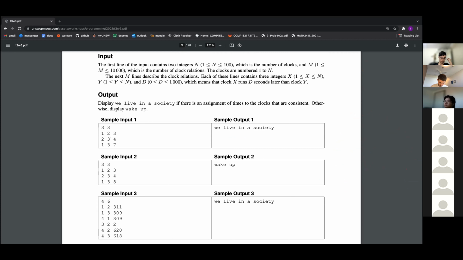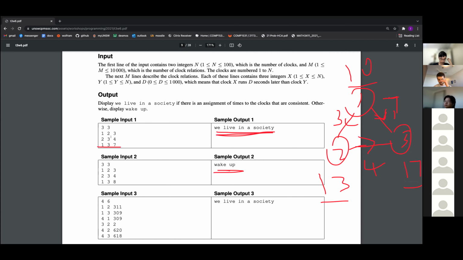So this is a very similar case, just one I changed to 8. And you can see that it's impossible because if this is X, then this one is forced to be X + 3, the one at the bottom.